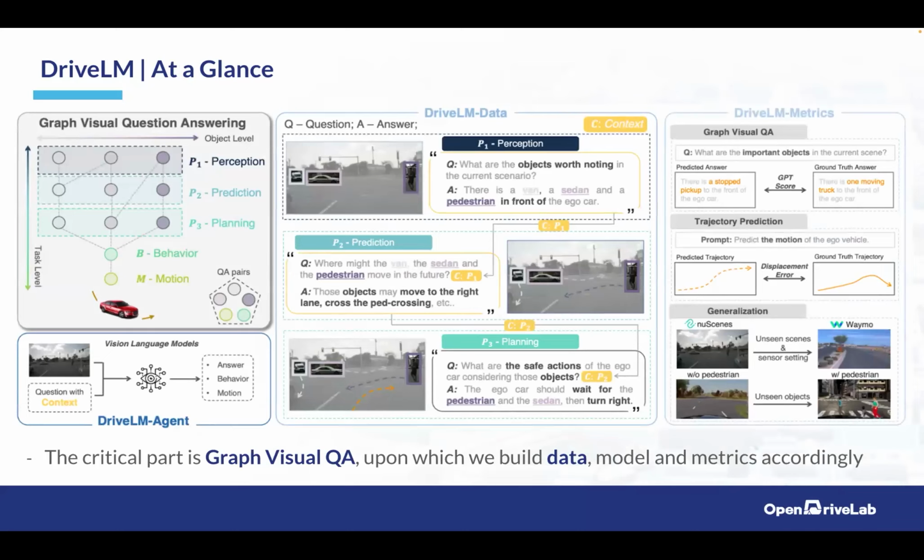As we said before, the autonomous driving system has three parts: perception, prediction, and planning, and we do the data annotation for these three tasks, and this constructs our VQA dataset for driving scenarios. We trained the model on it, and we found that it does have some generalization across different datasets. Like we train on the NAVSIM dataset, and it has some generalization on the Waymo dataset. We also tested this model on Carla, where we have some unseen scenarios, but the model still performs very well in those unseen scenarios.